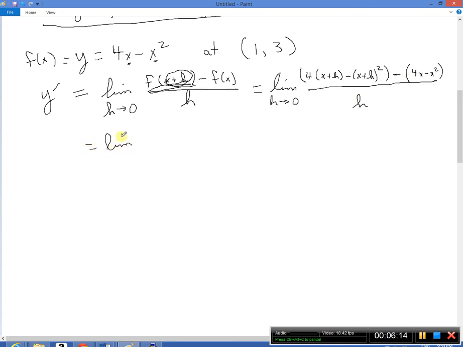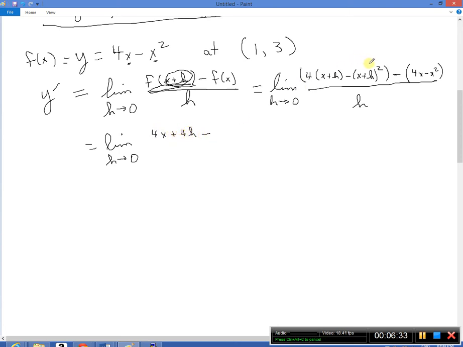Simplify, we get the limit as h goes to 0. Now, there might not be any help for it. You're going to have to multiply out some stuff here. So let's just multiply everything and collect terms properly. So we're going to have 4x plus 4h